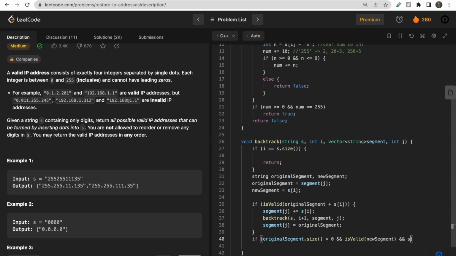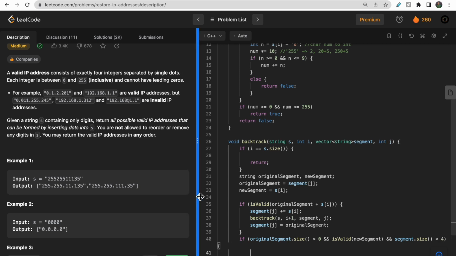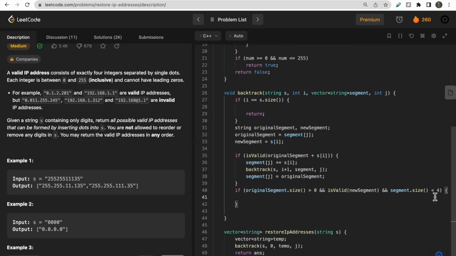And if the new segment is valid and segment dot size is less than 4, because if there are already 4 segments, then we can't form a new segment, right? So if the segment size is less than 4, the new segment is a valid segment, and the last segment has a size greater than 0, then we can form a new segment. What we would do is segment dot pushback new segment,